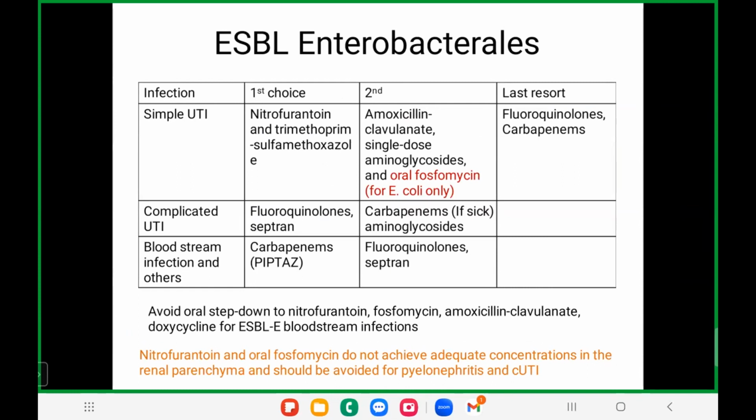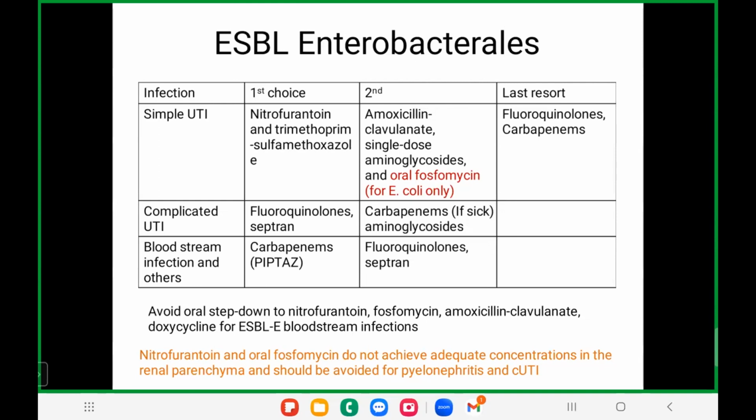If you have a simple UTI, then you can try oral antibiotics. And you know, if you have extended spectrum beta lactamases, it will be resistant to the majority of the penicillin group of drugs. Very few drugs will be susceptible. If you add beta-lactamase inhibitors like clavulanate or sulbactam, then it can make the penicillin group of drugs susceptible.